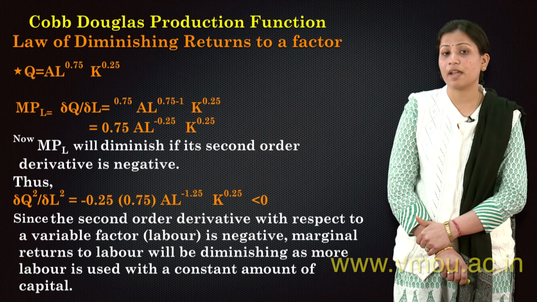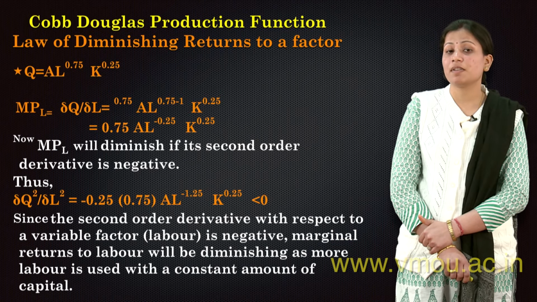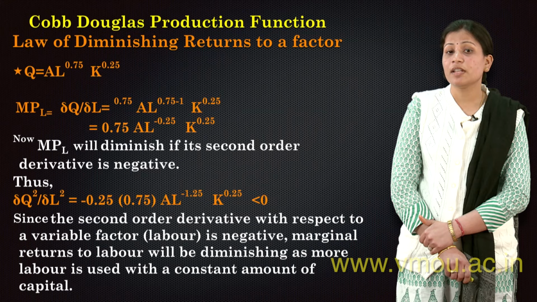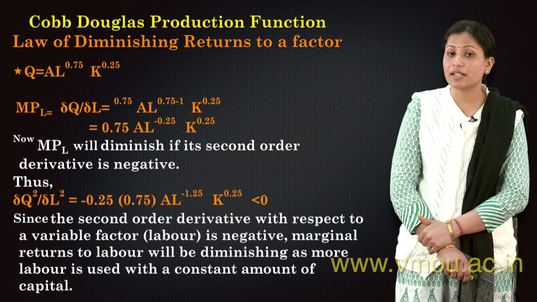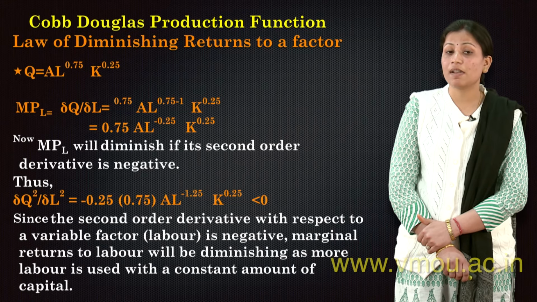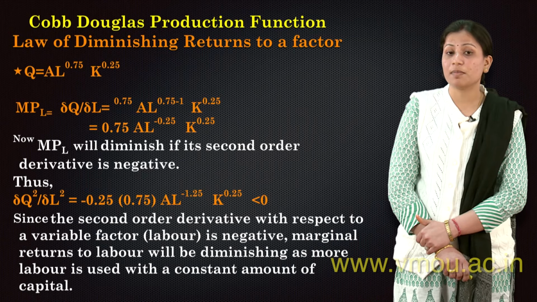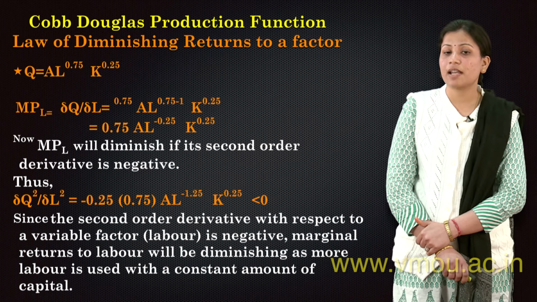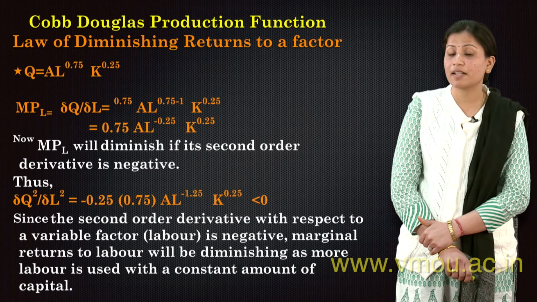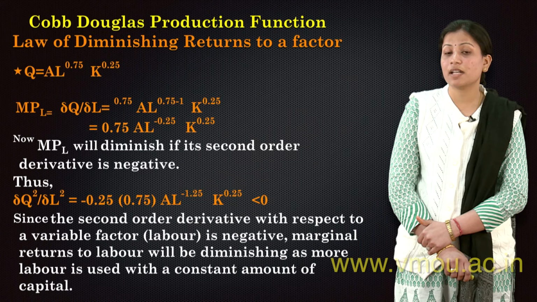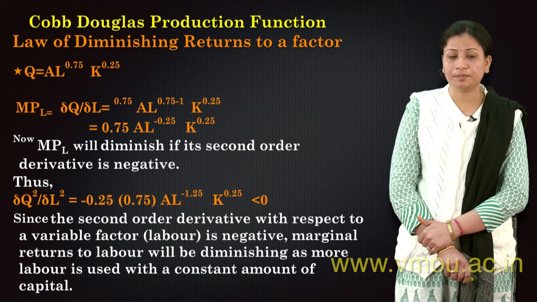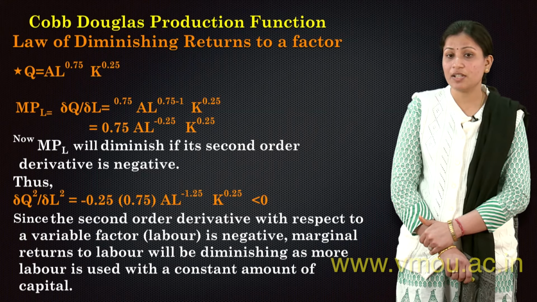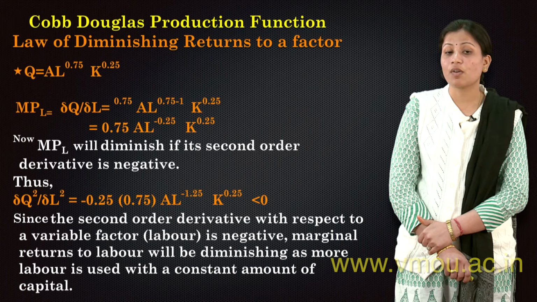raised to the power 0.25. Now, this marginal productivity of labor will diminish if its second order derivative is negative. It means if you take the second order derivative, it will always come out negative, as has been shown with this example. Since the second order derivative is negative with respect to a variable factor, because we are assuming capital as constant and only labor is variable, the marginal returns to labor will be diminishing